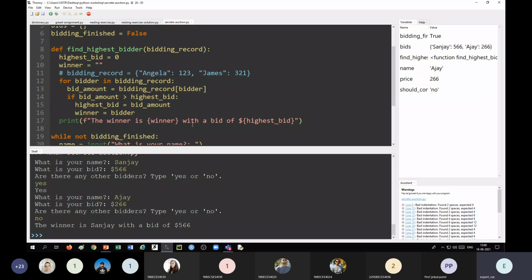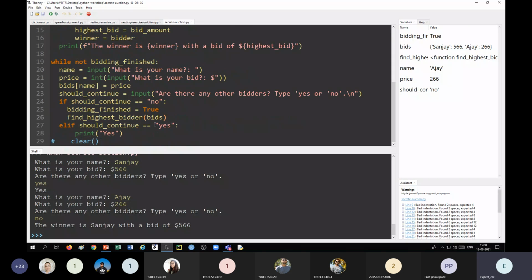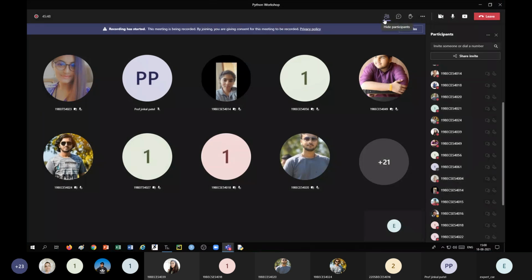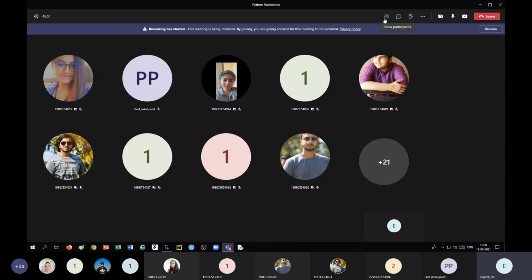Then the winner is, whatever message we want, we can print it. Then it should stop. So write the program for this. Let me stop this here. You write it and put your code in the chat box when you get success. If you have any problem, you can write in the chat box.